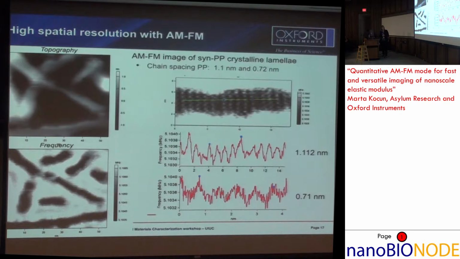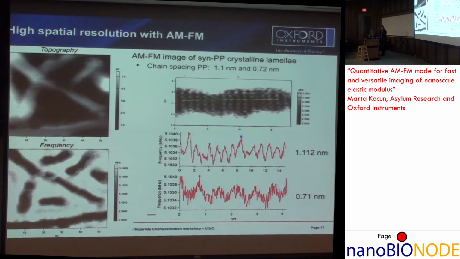We looked at the spacing, and the spacing between these correlates with what we saw in literature. This is really interesting because this is done in air, so you don't need much preparation. You take your spin-coated film. It's done with a regular AFM tip, so nothing special. You basically put your sample in the system, start imaging, and just zoom in until you see the features. So since we got these nice images, we said, okay, well,